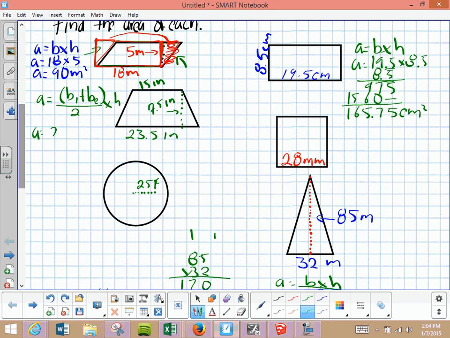So for this one, it'll be 23.5 plus 15. That's the one that I forgot to put. But I did post it in the comments. Divided by 2,